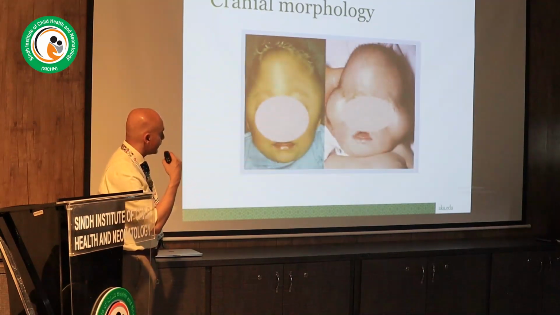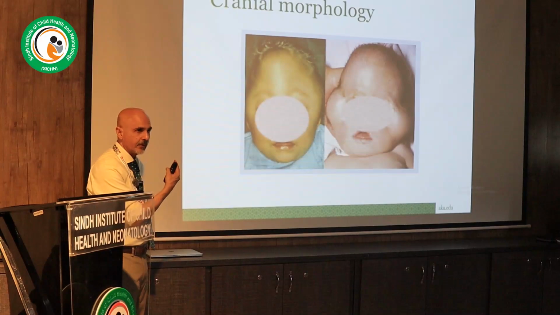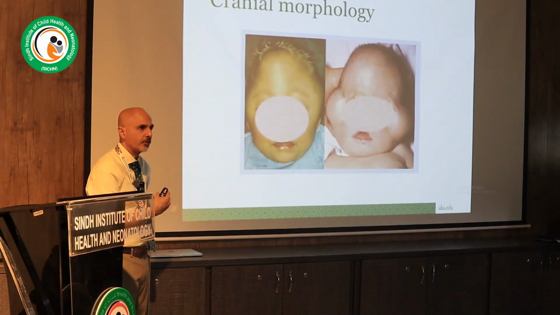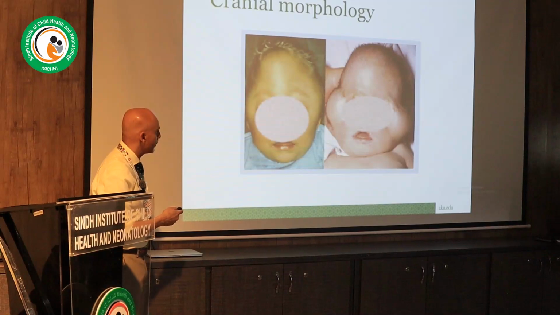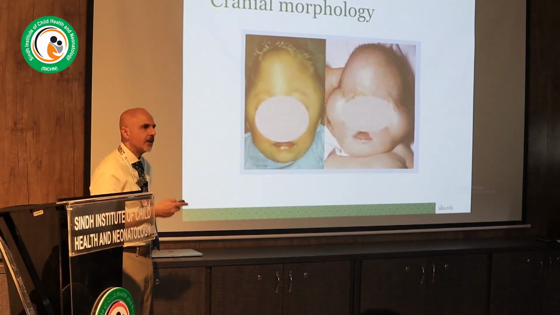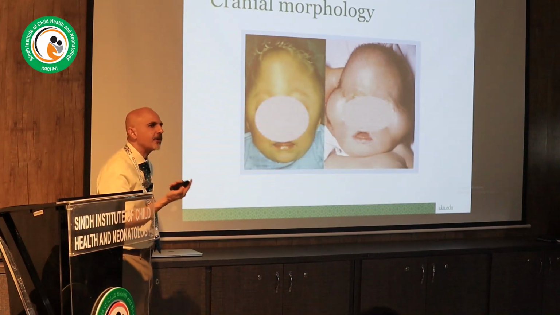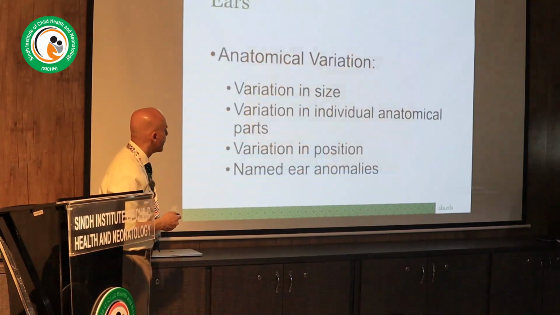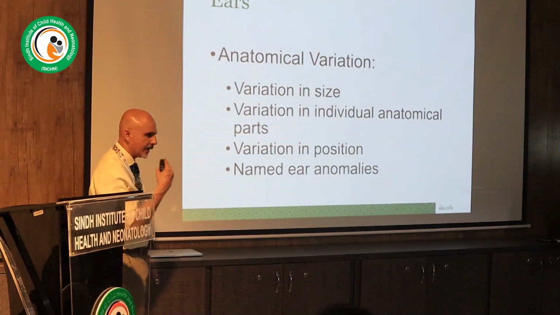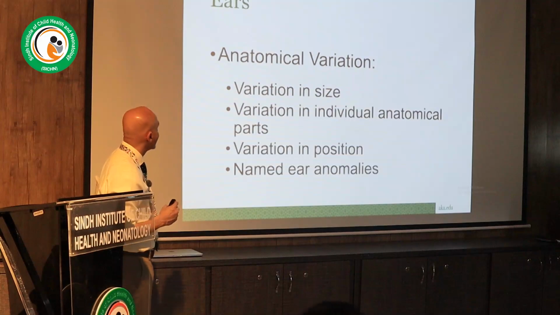And sometimes you get very unusual shaped heads. So this is a patient with craniosynostosis, and they get this clover leaf shaped skull, which a German scientist described in German. It's called Kleeblattschädel deformity. You might see it in old textbooks. So you see a lot of these things, and it's good to be able to recognize that.